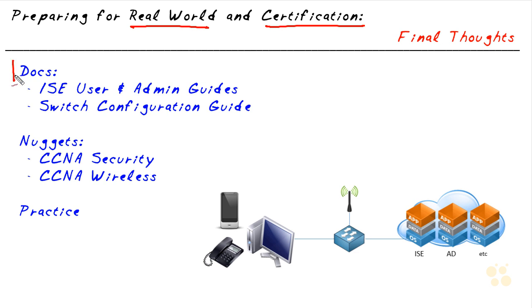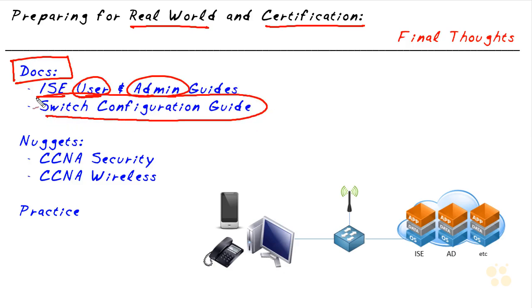Number one, I would strongly recommend that you have available and downloaded and ready for use the online documentation from Cisco, specifically regarding the Identity Services Engine. They have both user guides and admin guides, and I would strongly recommend you get those. In this course, I've focused on version 1.2 of ISE. And as future versions roll out of ISE, the menus may change slightly, but the basic concepts are going to be very, very similar. I would also recommend that you have the network access device configuration guides if you're using a switch. I would recommend downloading and having available that exact documentation for that version of software that you're running